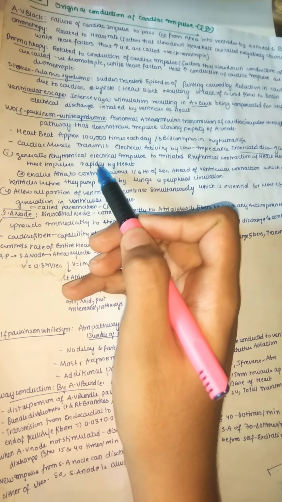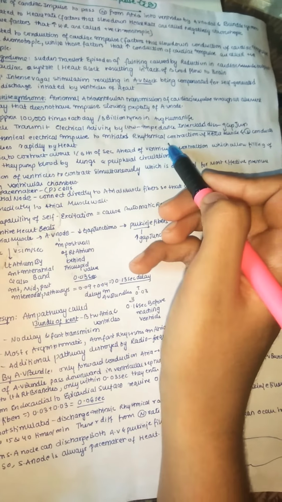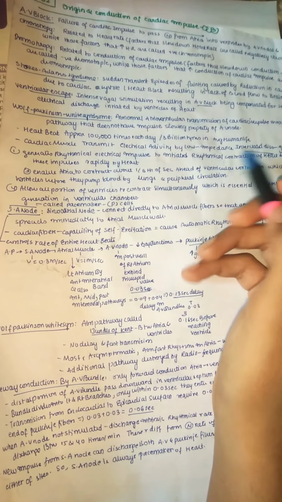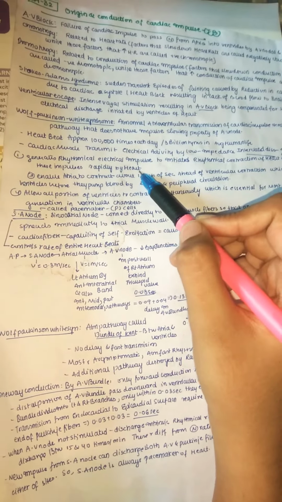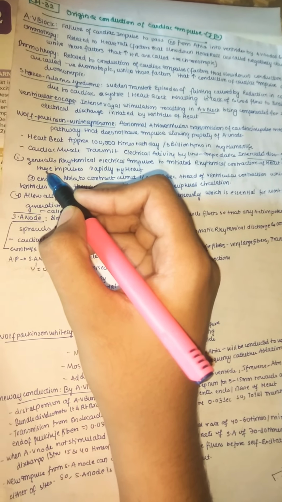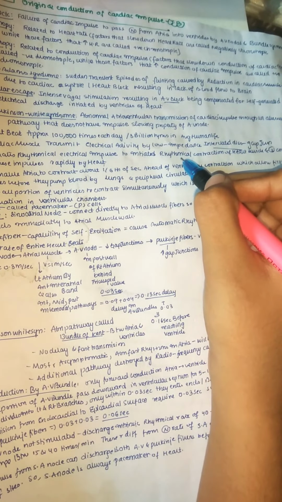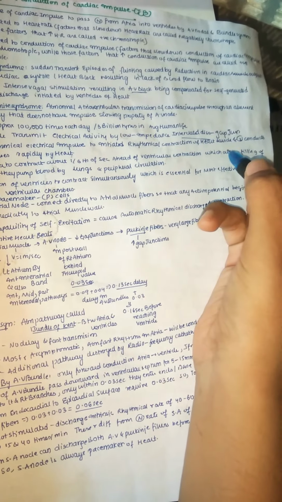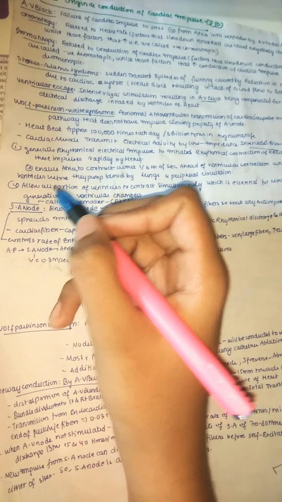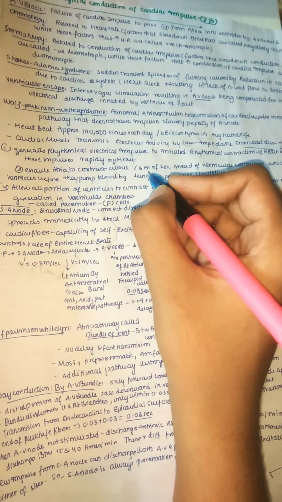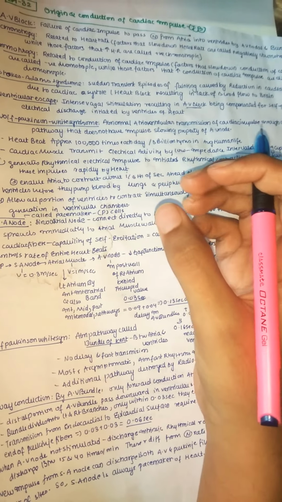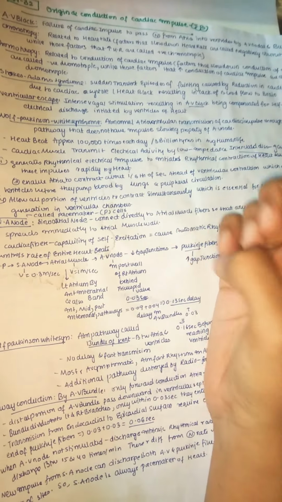So this generates a rhythmical electrical impulse to initiate the rhythmical contraction of heart muscle, and next conducts the impulses rapidly through the heart. This all takes place in the conduction system of the heart. It enables the atria to contract about 1/6th of a second ahead of ventricular contraction. Of course, atria should contract ahead, because then it can fill up the ventricle.